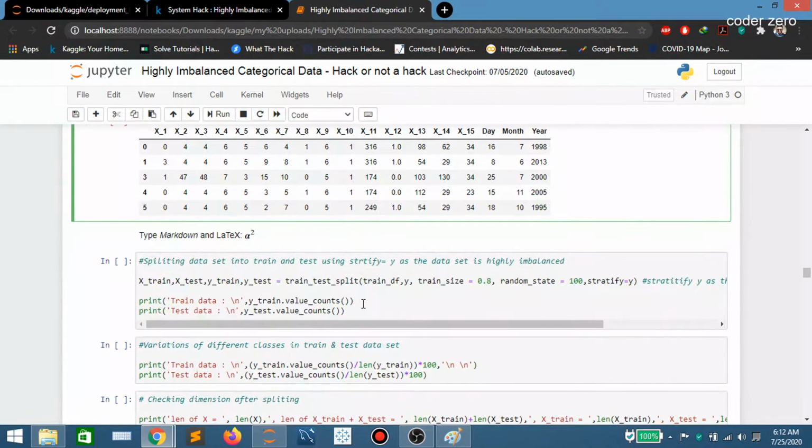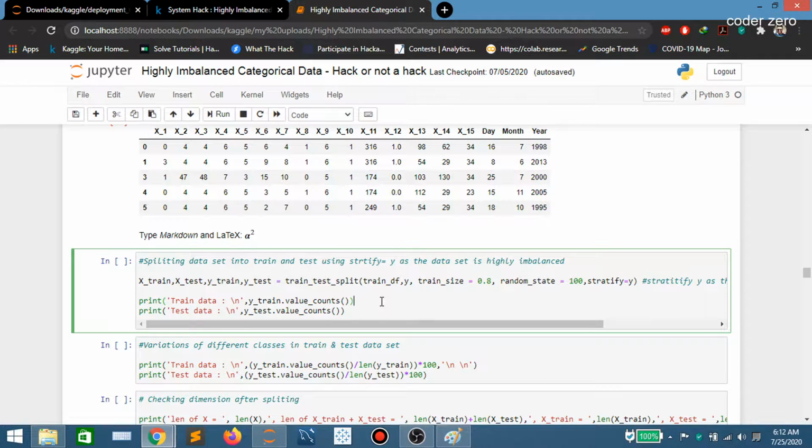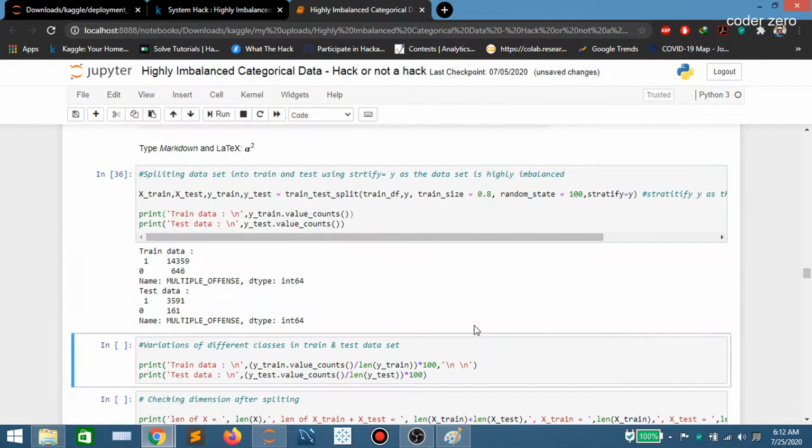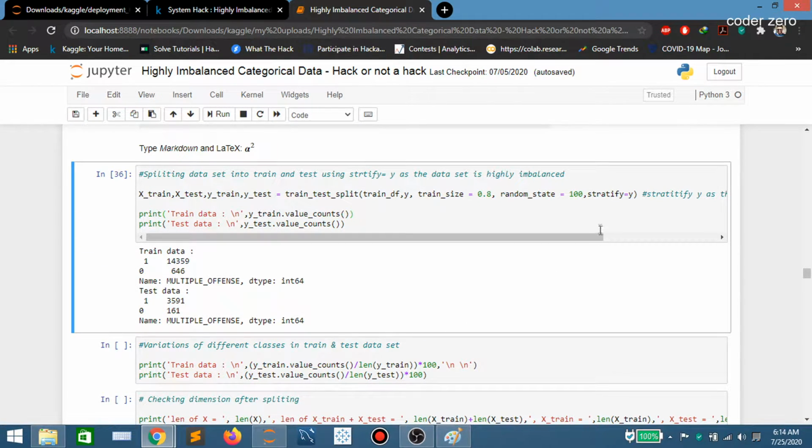But to train a model, we have to do a train and test split on train data. So here we are creating train and test files. We are splitting the train data set, and we are creating these 4 files. You can see, guys, here we are using stratify=y. What it will do is preserve the ratio of both classes after splitting.